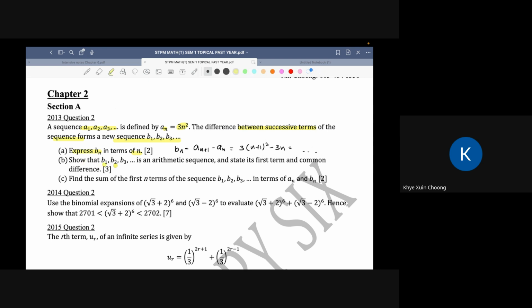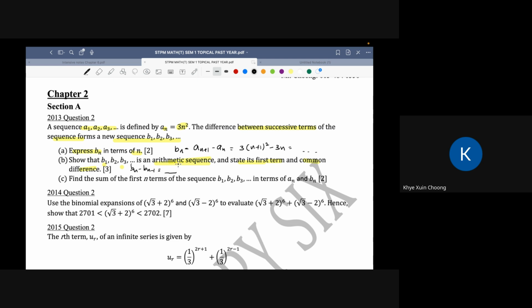Show that B1, B2, B3 is an arithmetic sequence and state its first term and common difference. So you see over here, it asks you to show that it is an arithmetic progression. I said that this is very important, right? So you try to prove out the formula for Bn. When you have the formula for Bn, it is actually the general formula, right? So we just directly use the general formula to prove that Bn minus Bn-1